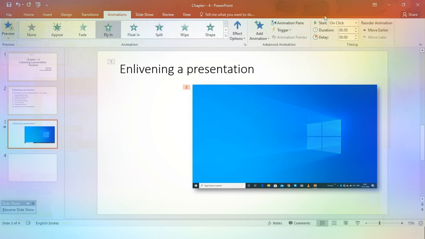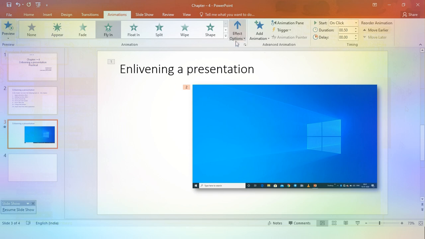You can apply all these settings, and I think you can enjoy this particular aspect very well.